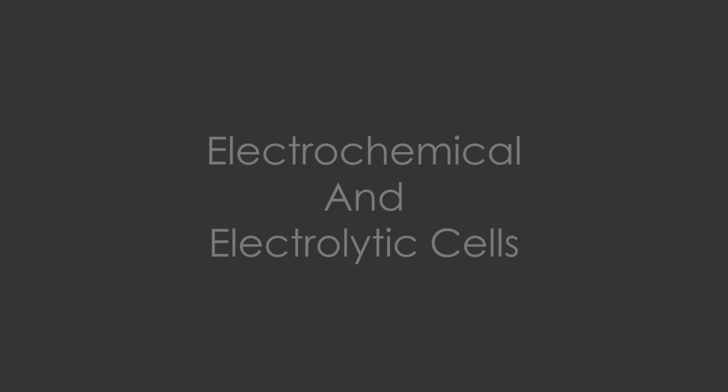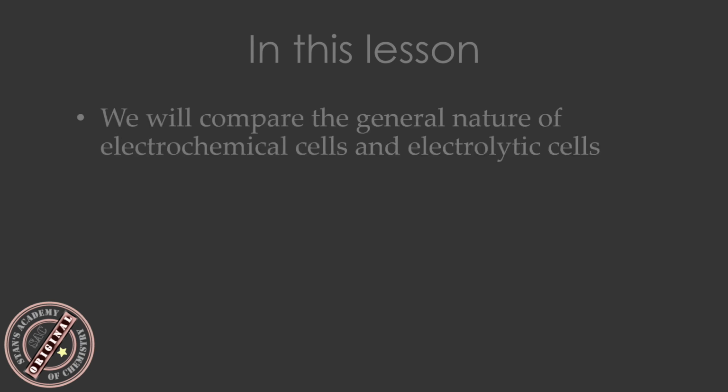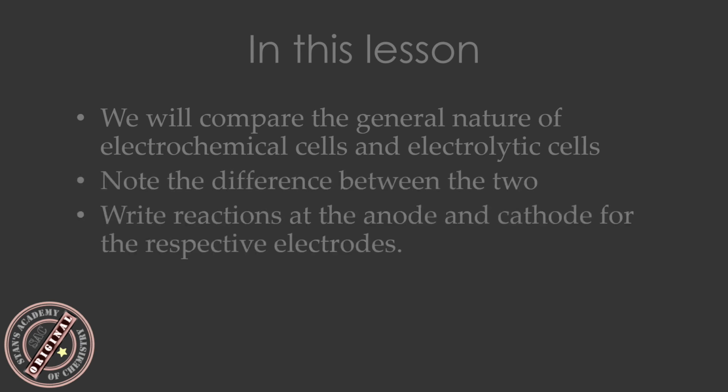This lesson is about electrochemical and electrolytic cells. What we will do in this lesson is we will compare the general nature of electrochemical cells and electrolytic cells, note the difference between the two, write reactions at the anode and cathode for both the electrochemical and electrolytic cells and compare them,